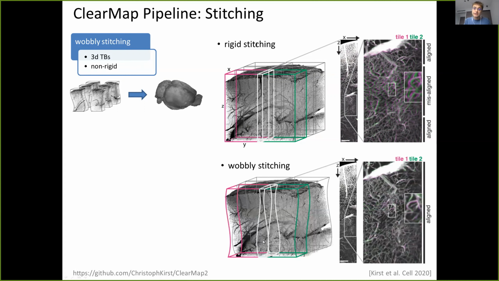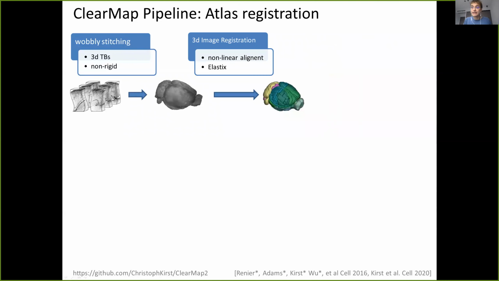So we saw the need to develop what we call our wobbly stitcher that is able to treat these stacks as some wobbly type of stacks that show these oscillations. And then we can nicely fit our data together. So you're welcome to try this tool if you have similar problems in your data set. This is fully automatic, so you can try that nicely.